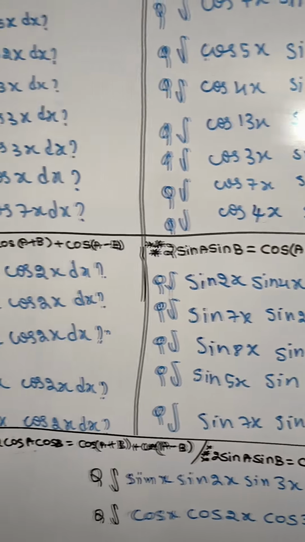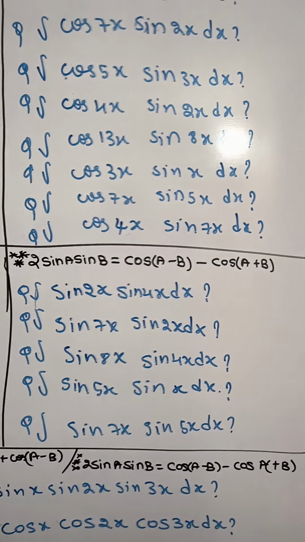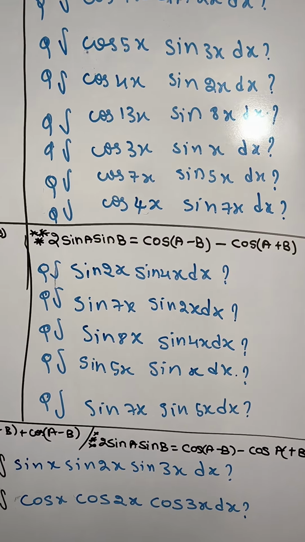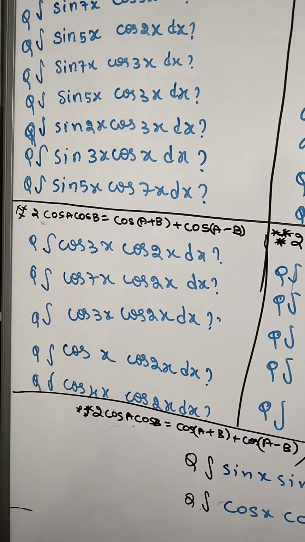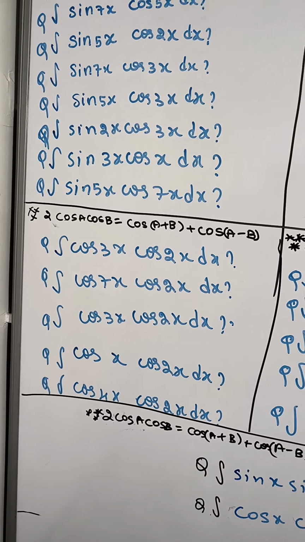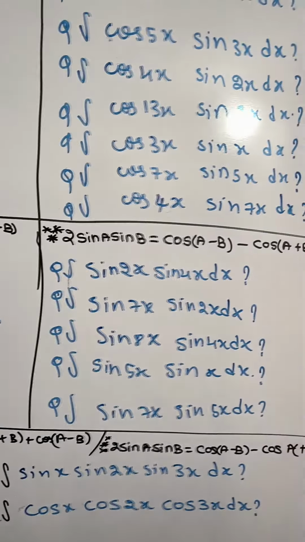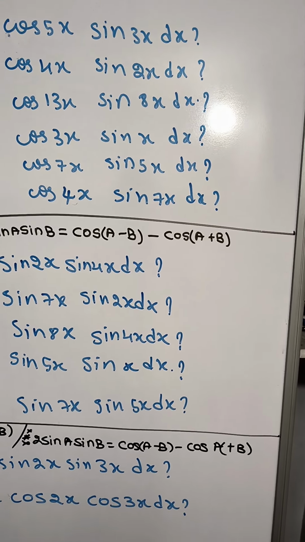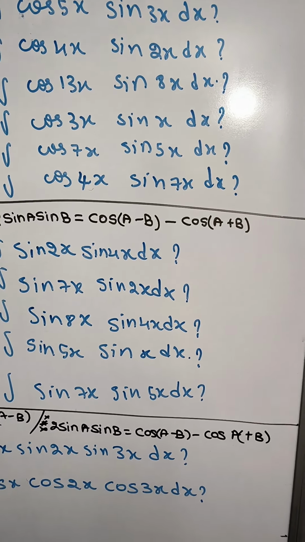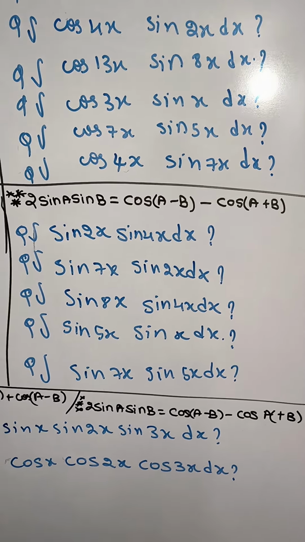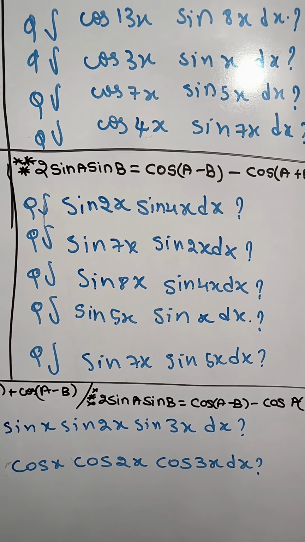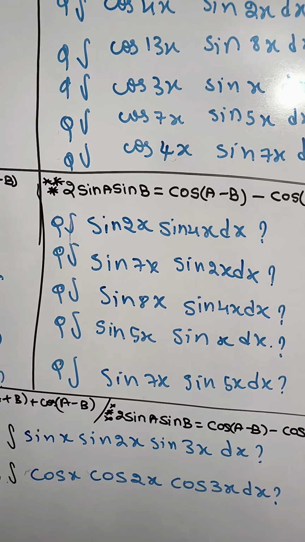Now two sines, this is 2 coses and this is 2 sines, and the formula is the same. 2 coses are in terms of cos terms, and 2 sines also are in terms of coses. Okay, now I will read this one, and the questions will be like this.